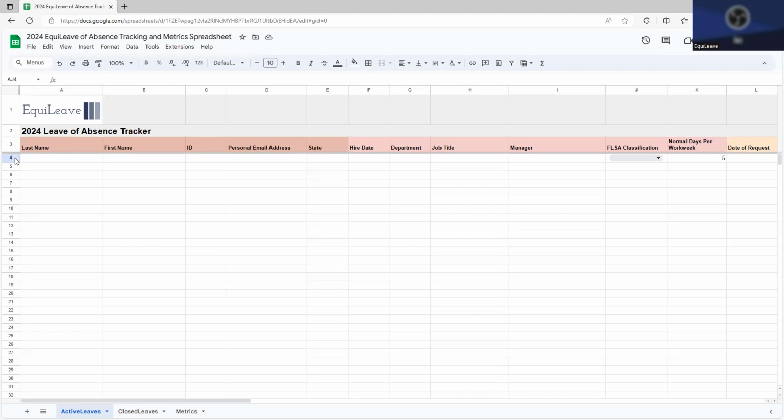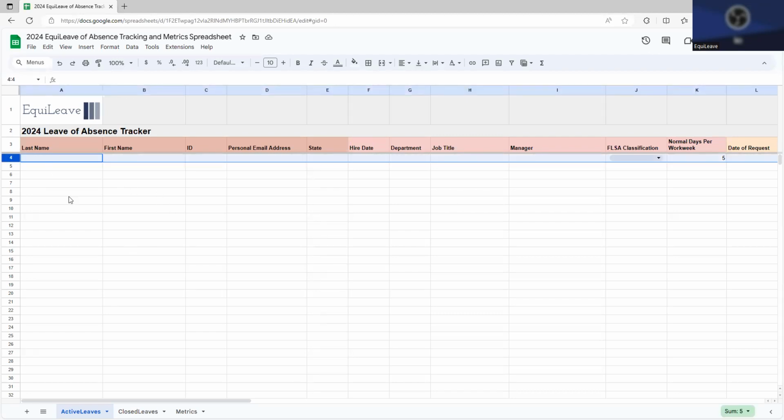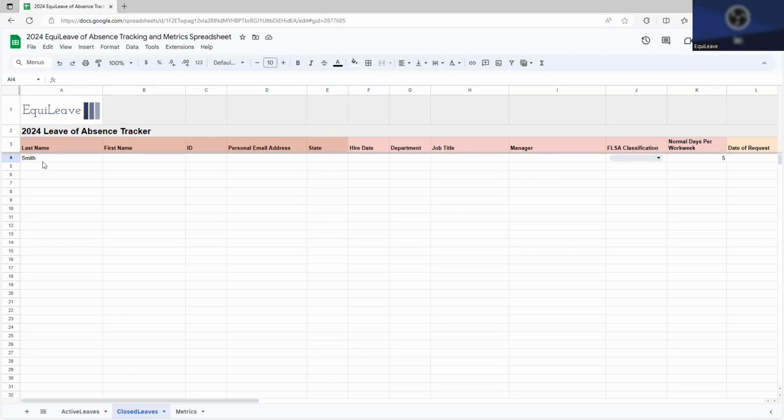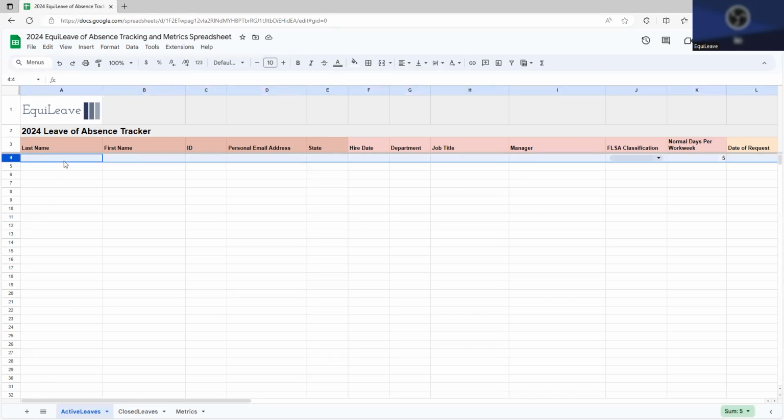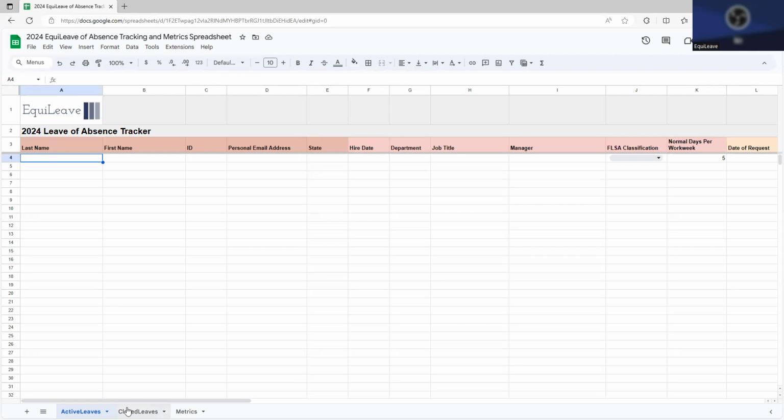So all you're going to do is simply copy them over to the closed leaves tab. And from there, you can have the record, somewhere, of their leave and some information about historical leaves, but you won't need to see it and be working through it every single day as you're working through your active leaves